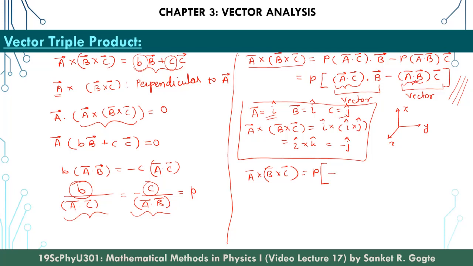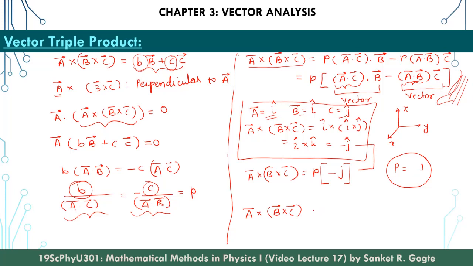The second term is A dot B, which is I dot I, which is equal to 1, and C is equal to J. And therefore what we have as A cross B cross C, if we use this relation here, is minus P into minus J. Now if we compare these two triple products, it is easy to see that P is equal to minus 1, and now we can write the relation for the vector triple product in terms of A, B and C. P is equal to, sorry, it is not minus 1, it is equal to 1, and therefore